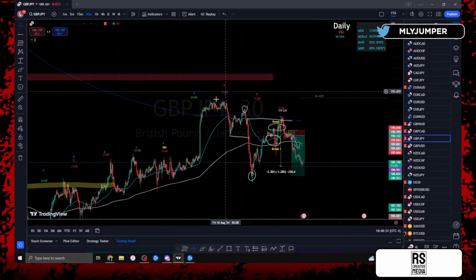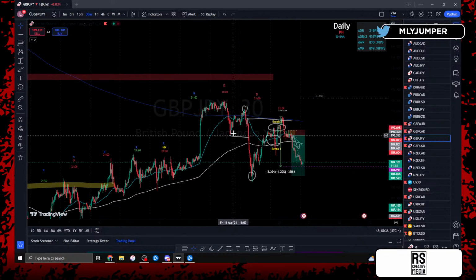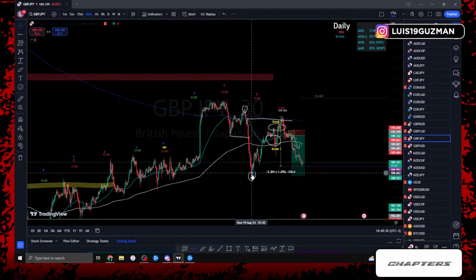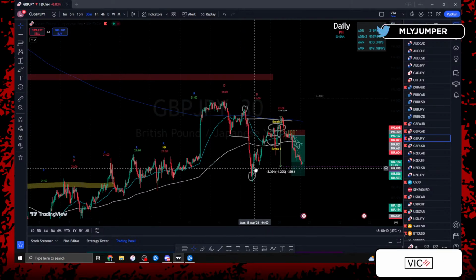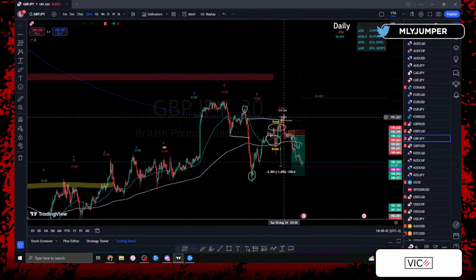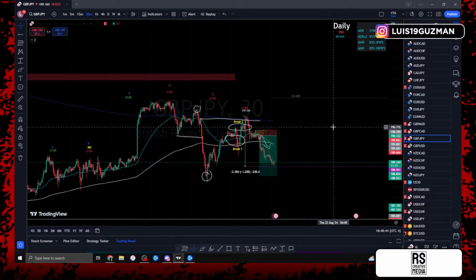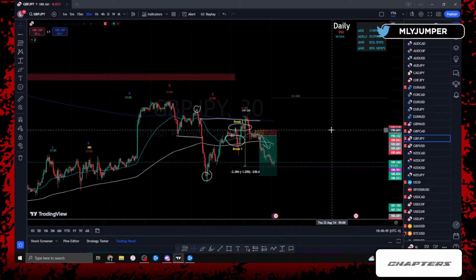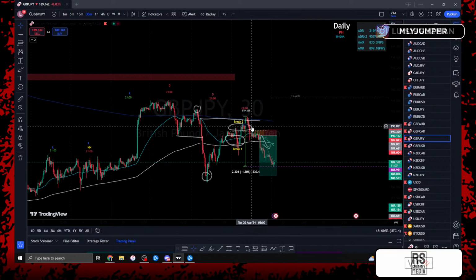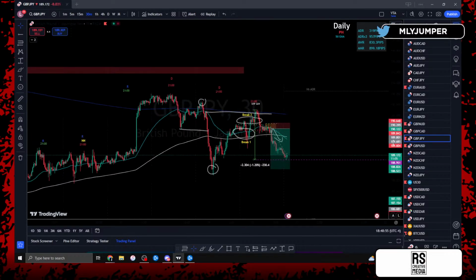Once we got to the lower high, what did price start doing? Lower low, lower high, lower low, and then today price gave us a lower high. We talked about this this morning, but we'll go over it again because I rewatched the stream, and I said something not completely wrong, but I said it